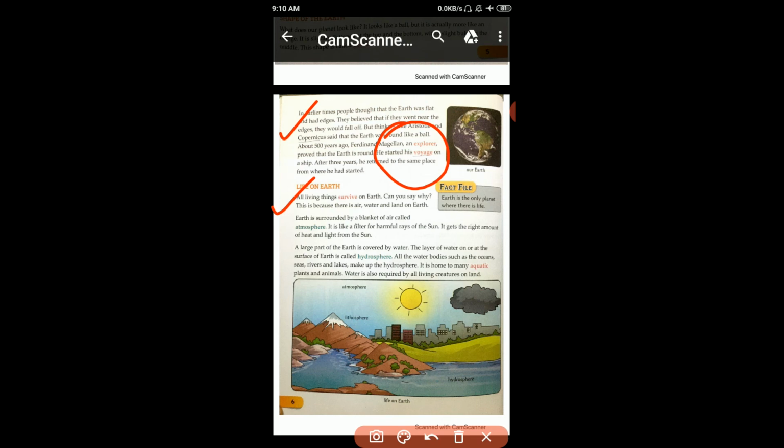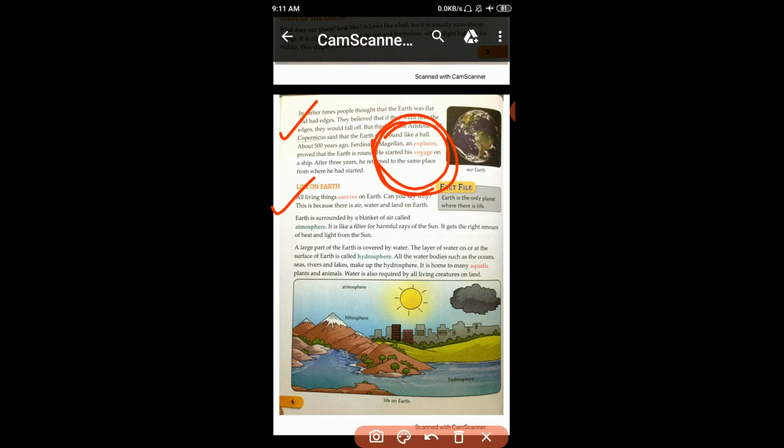The envelope of air which surrounds the earth is called atmosphere.